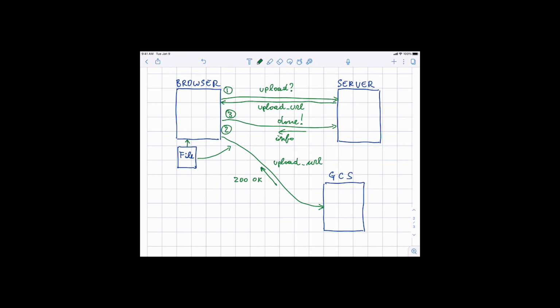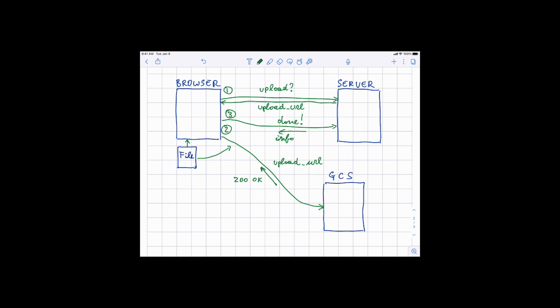When we need to delete a file, this will work in a similar way. There will be a first request in which we tell the server, hey, we would like to delete something. Then the server will give us a URL for GCS that will carry out the deletion. Interaction number 2 will be, we do the deletion to Google Cloud Storage. And interaction number 3 will be, we let the server know that we actually deleted the file. Okay, so things will always have these 3 steps.